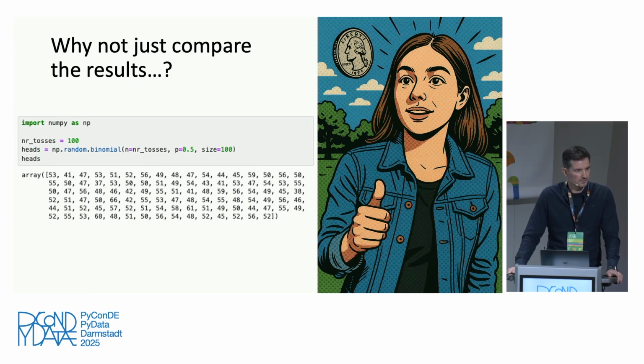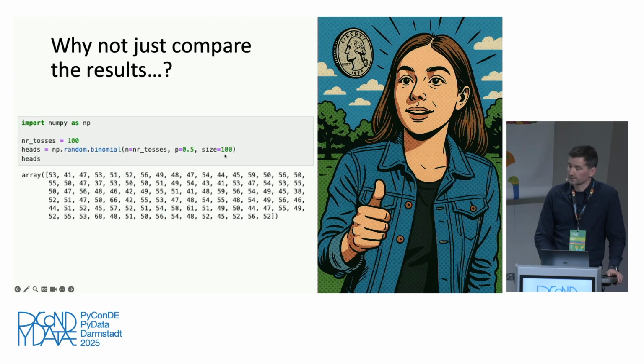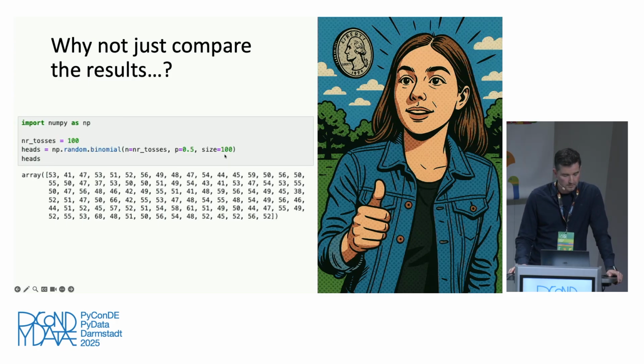Because if you just do a very simple example, and for here, we just toss a coin. What I did here in NumPy is, I have 100 coin tosses, and I run this experiment exactly 100 times. So this is what you see here on the size parameter in the random binomial function from NumPy. And what you see here is all the results that I get, so all the 100 results. And in an ideal world, because I put in 0.5 as the probability, all of them should be 50, right? Because it's equally likely to have heads or tails.